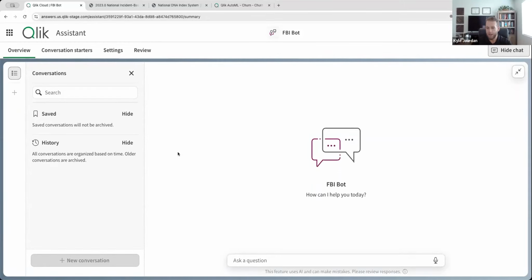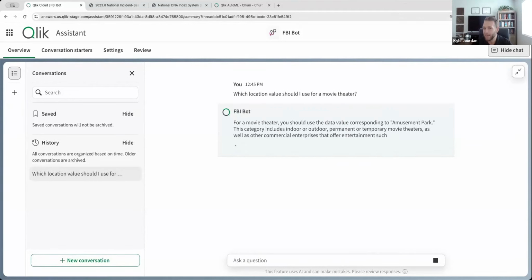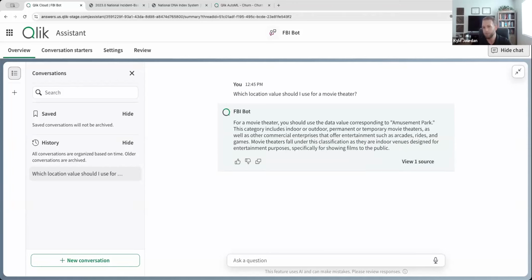So going back to the neighbors document, we could ask something, for example, let's say I'm a user and I'm trying to figure some information out as I'm entering data values into the system. I might ask, which location value should I use for a movie theater? So through 167 pages of a document, it can quickly find the exact answer to what I'm looking for and provide that answer for me directly in the chat here.